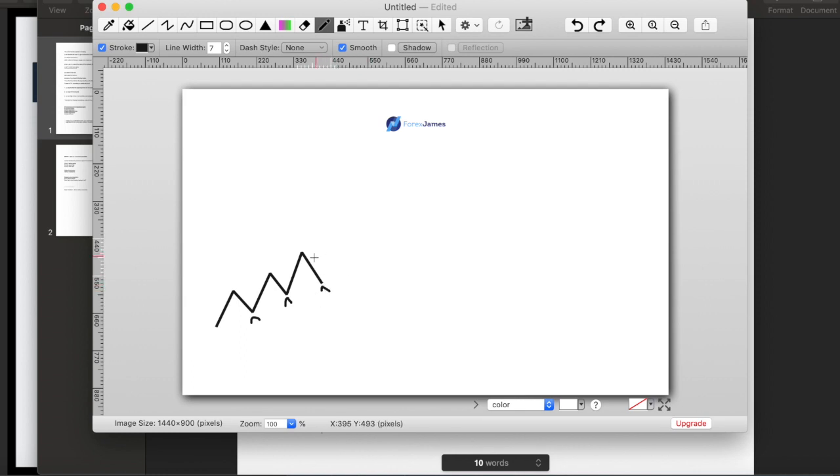Number one would be somewhere around here. Why? Because if this fails to make a new high, if the bears jump in and it decides to change its course